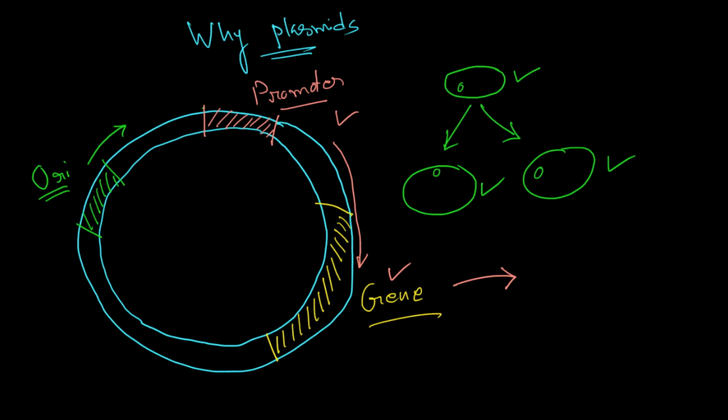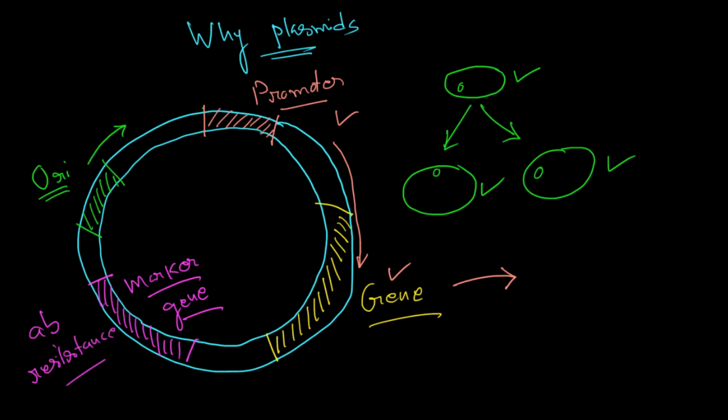We can also put a special marker gene within the plasmid. So this is the marker gene. And what we usually do, we use an antibiotic resistance gene. So why do we use this marker, mostly an antibiotic resistance gene, in the plasmid of our choice? I shall describe it here. For example, if we have a plasmid with a particular marker gene, for example an antibiotic resistance gene in this example,